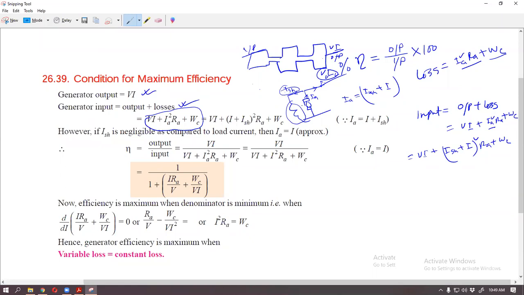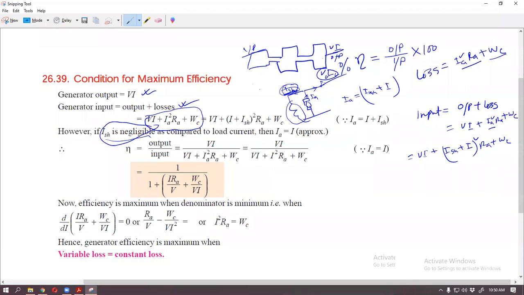This current is negligible. Shunt current is all the time less than 1 ampere. So if this current is negligible, suppose it is 0, then